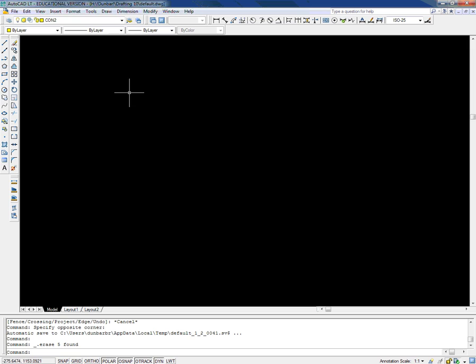Welcome back, everybody. We're going to use this tutorial to show you a little bit about the Polygon Tool. The Polygon Tool operates quite similarly to the Circle Tool in that to begin you need a center point, and also you're going to be using a radius as some form of measure. To show you exactly how this works, I'm going to take a construction line,